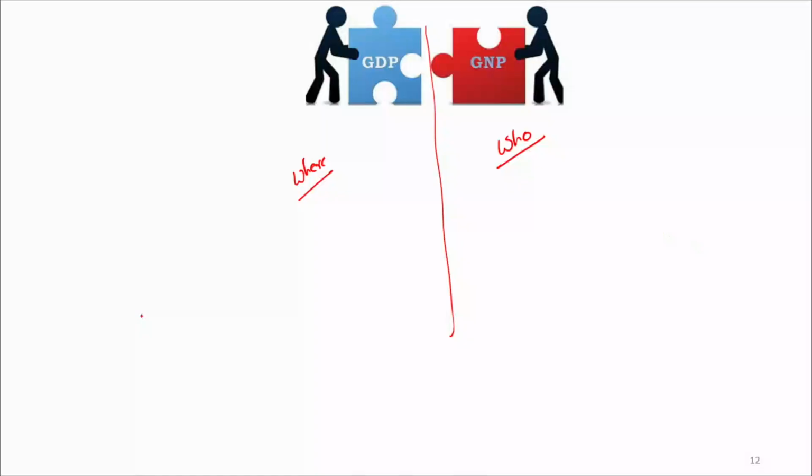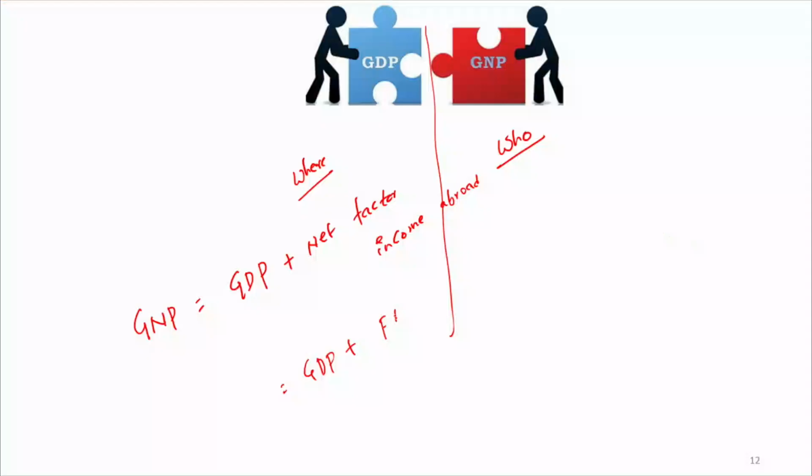Now let's see the formula to compute GNP. How would you compute GNP? It is given by GDP plus net factor income from abroad. What do you mean by net factor income from abroad? What I am simply doing is that to the GDP, which is the worth of goods and services produced by Indians in India and by foreigners in India, I am adding the factor income earned by Indians abroad,